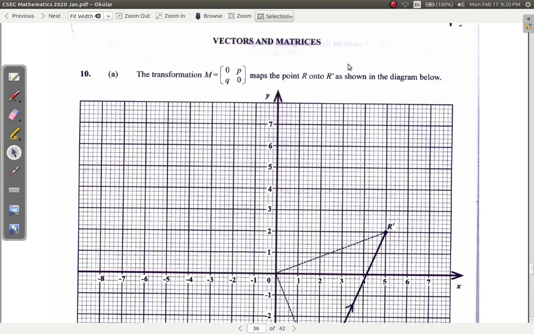Okay, now we're looking at the January 2020 past paper, and previously I looked at some tips, my own personal tips and so on in managing your time. And I said we're going to actually start doing the questions, but